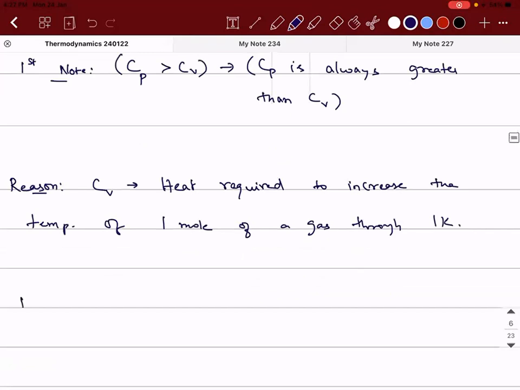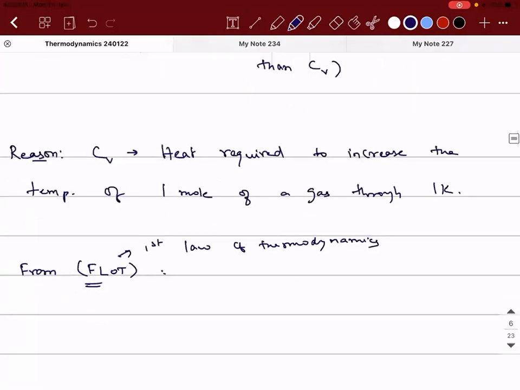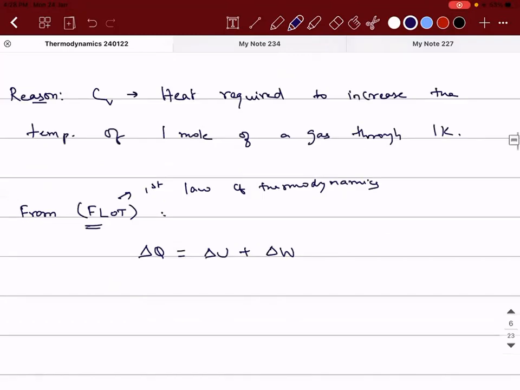Then from the first law of thermodynamics, which is written as FLOT in acronym form, I'm clear with the fact that the amount of heat that I need to supply should ensure that there is an increase in internal energy taking place, plus some work is being done. Now, what is going to happen in this case is delta Q, can I write it as,